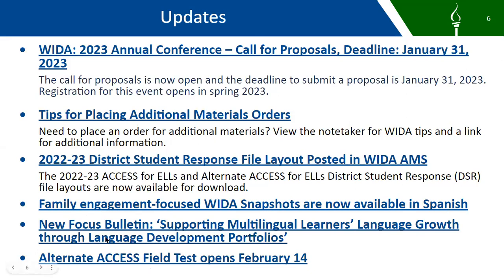They have a new focus bulletin on supporting multilingual learners' language growth through portfolios. That's really good. And you can go and find that again in the note taker. I listed all the links and some further information. And then I wanted to share that the alternate access field test will be opening on February 14th. So if you're interested in that,